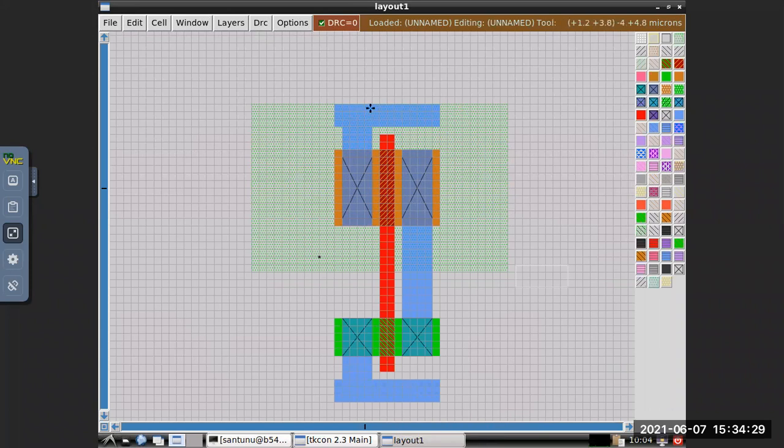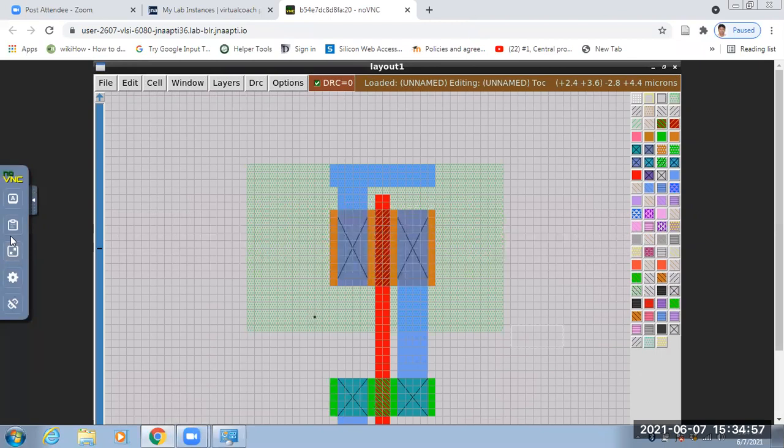So if you put it here, then you have to expand this, otherwise it will not fit. So you have to increase to the top of that.